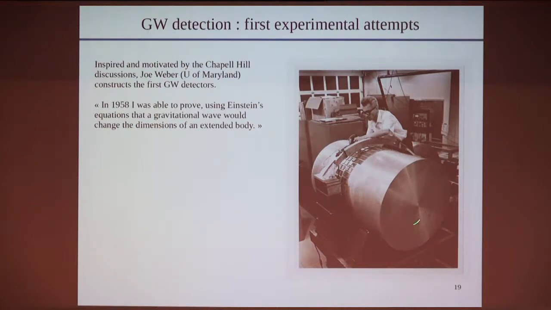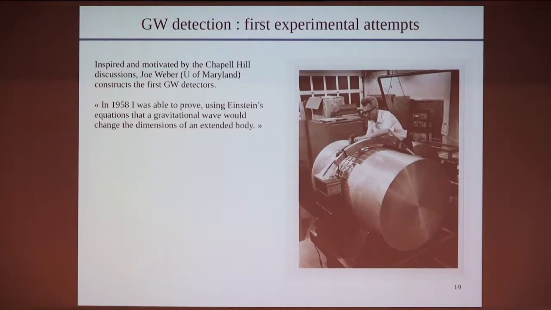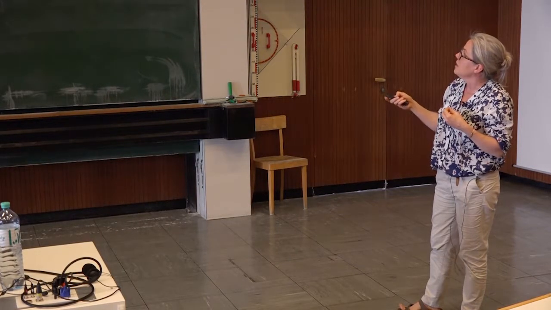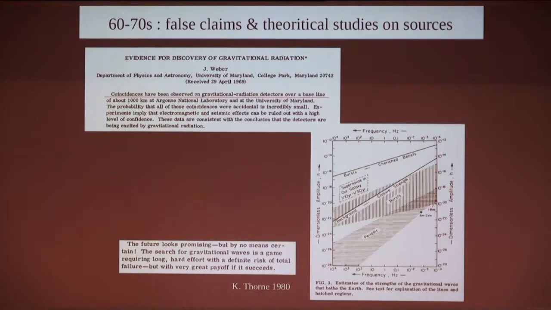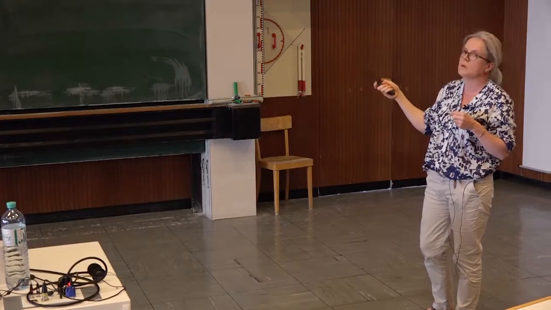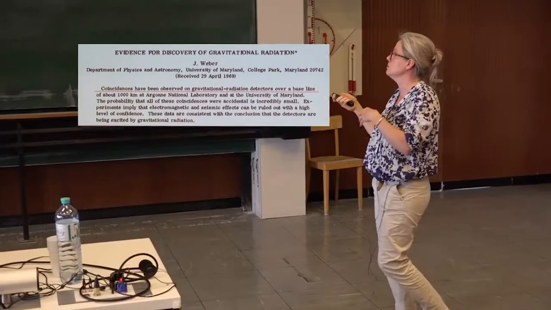So he built several of these detectors at different points and made his own data taking, analyzing all his data by himself. In the 60s and 70s, he claimed, at least there is one paper published in 1961, to have observed some coincidence between two bars. So he claimed to have seen some gravitational wave events. And actually, if you read the paper, you would realize quickly that it was just noise. What he was observing was just noise in his detector.